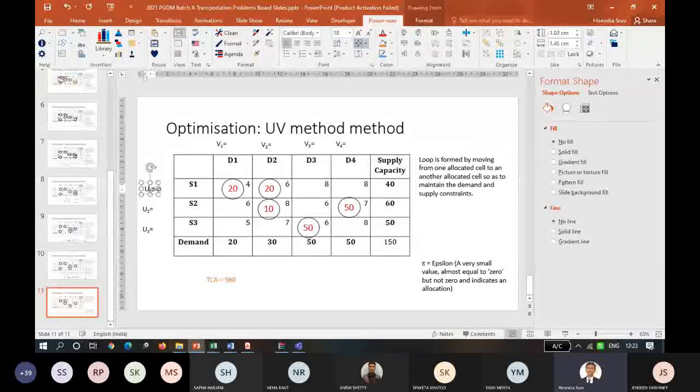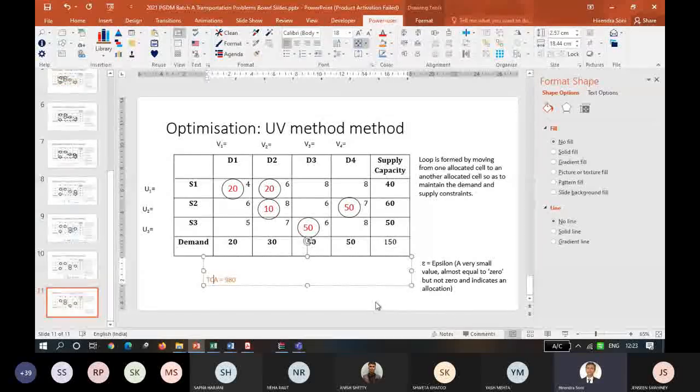What we are going to do is we assume that all the cost elements, we indicate them as Cij equals to Ui plus Vj. That means